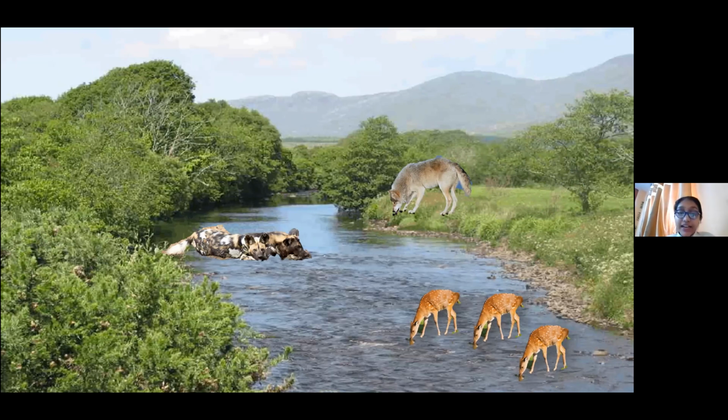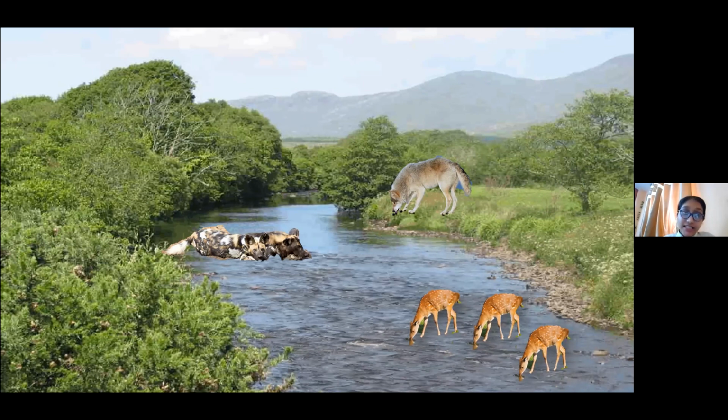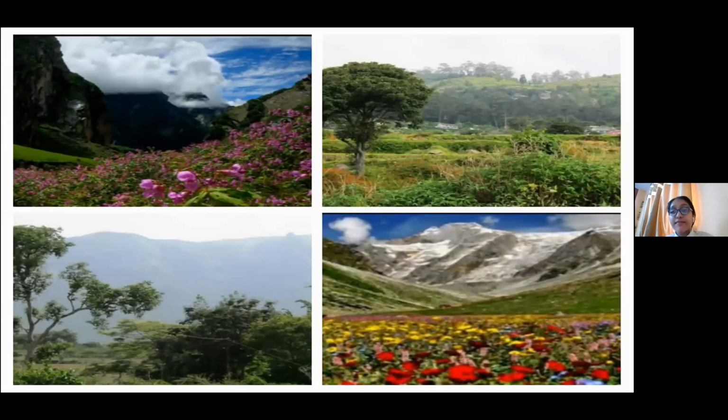There are a total of 18 biosphere reserves in India. Some examples are Nilgiri Biosphere Reserve, Nanda Devi Biosphere Reserve, and Pachmarhi Biosphere Reserve, and many more. The most common biosphere reserve in India is Pachmarhi Biosphere Reserve. It is located in Madhya Pradesh. It consists of one national park named Satpura and two wildlife sanctuaries named Bori and Pachmarhi.